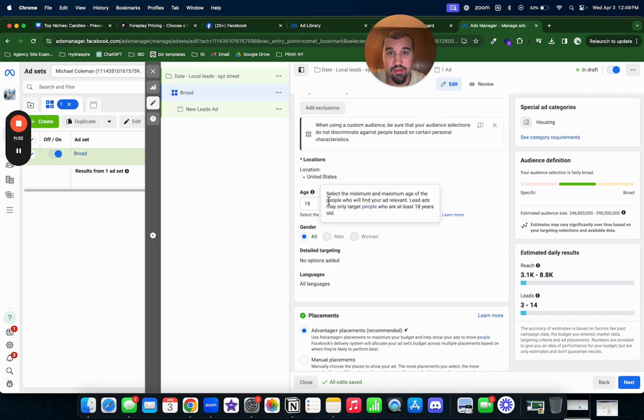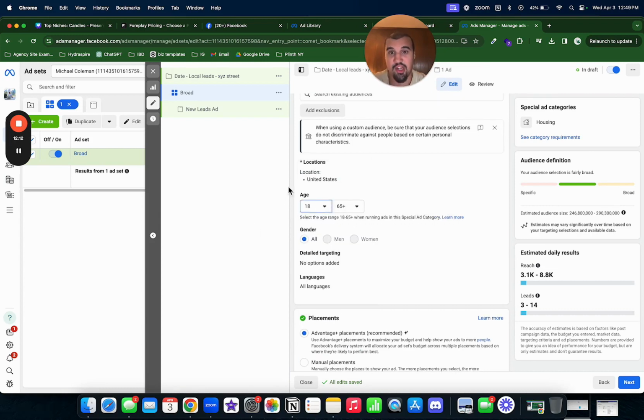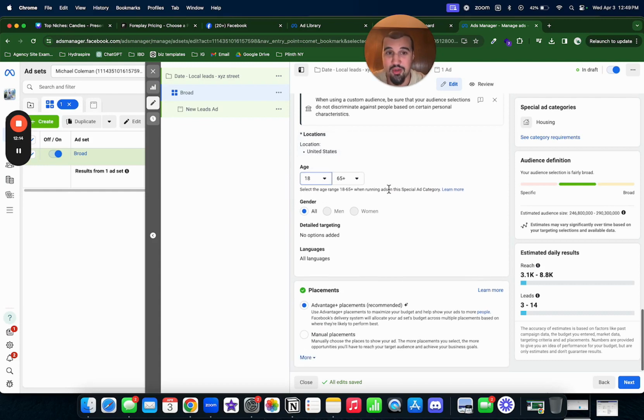Age, we're going to come to age. You can only do 18 plus in terms of the special categories, so we'll do 18 plus on that. Gender, we'll do all. Languages, all. Don't worry about that. Anybody that can read your advertisement, it's mainly going to be English, can respond or